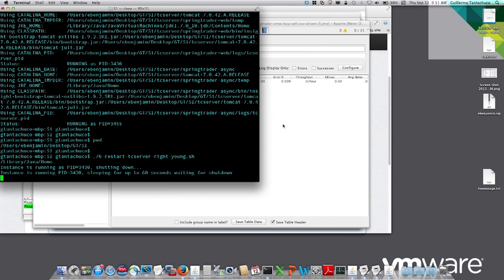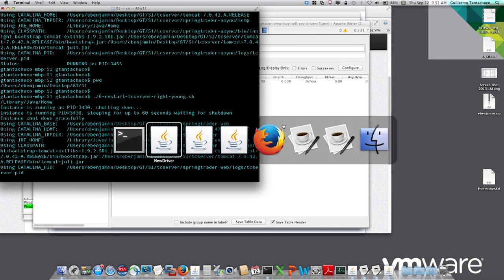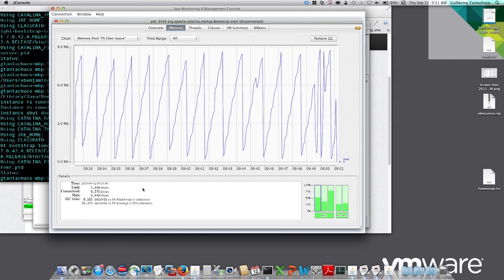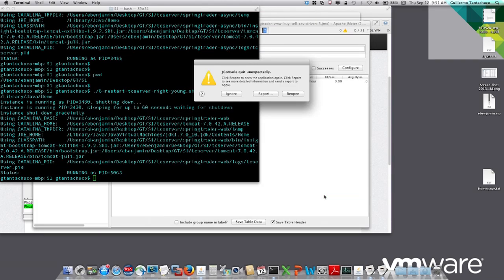Now in the meantime, I'm going to show you JConsole. So JConsole has the numbers, because I just stopped the server I got this message, but let me just show you the number of collections that we're getting with the young generation of 10 megabytes. And also, you saw that it used to spend 11 seconds. Now it's spending 16 seconds. So we can explore the other areas of memory, but for the most part,